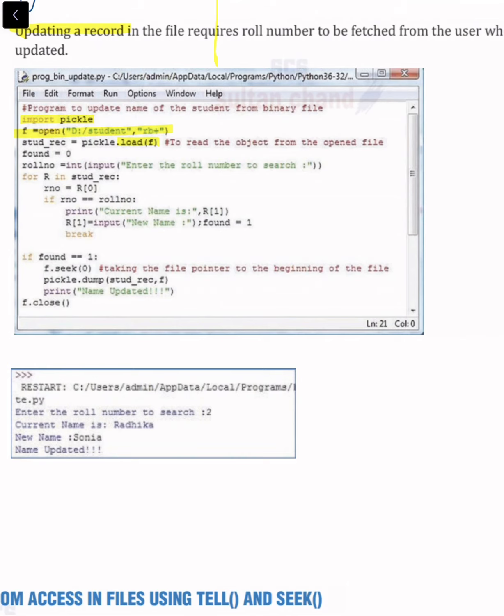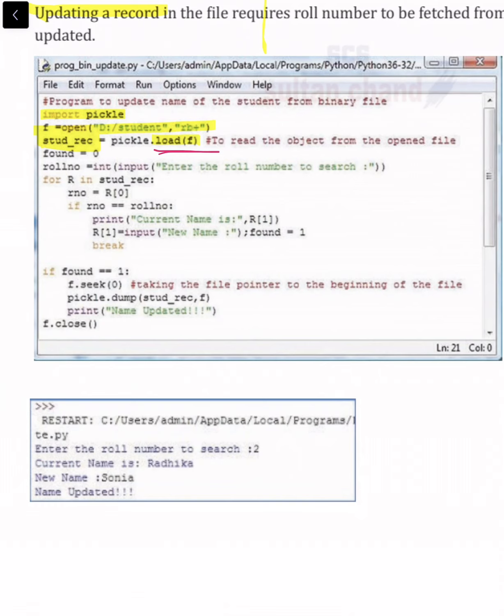Next, student record is a variable name. This variable will store the content of the file student. Then we are asking the user for the roll number that has to be searched. This part is exactly the same as the previous program, searching the roll number.